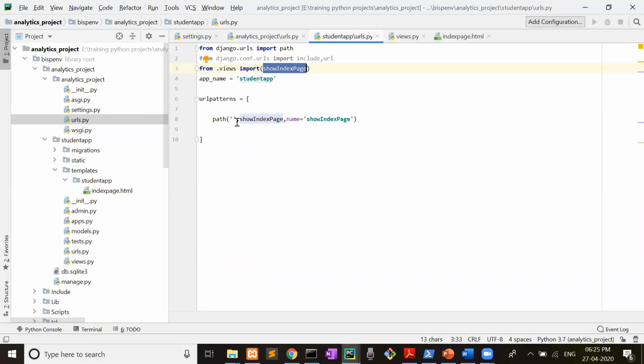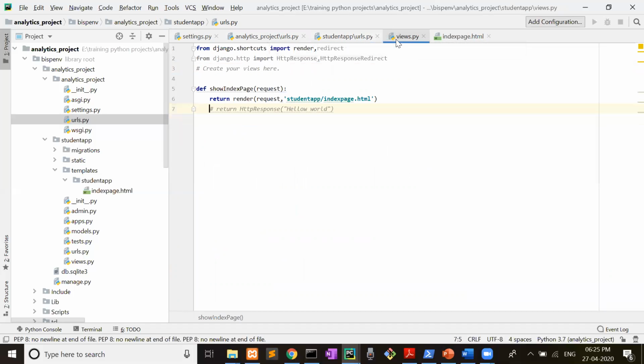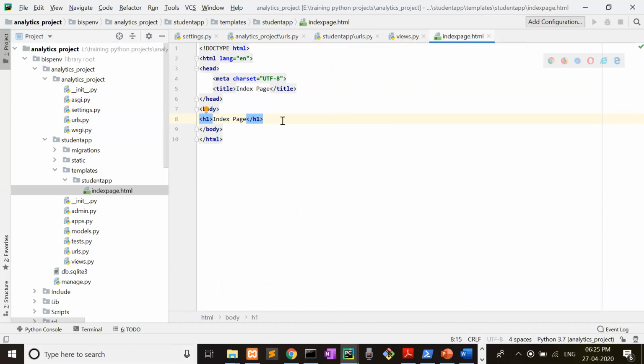Now here it will see if it is blank, then it has to run the function, call the function show index page. Show index page means here come to the view page, show index page, request return render request student app dot index page. Student app dot index page is this. Now here you can do anything. For example, p tag.